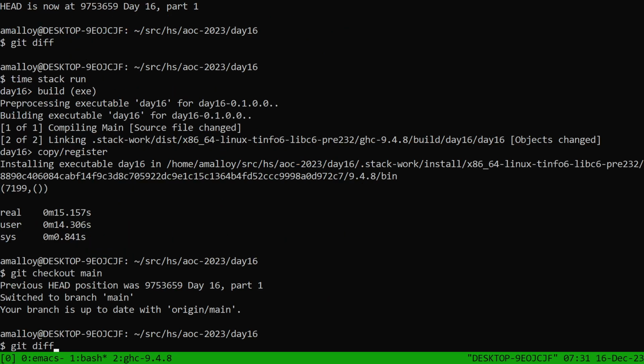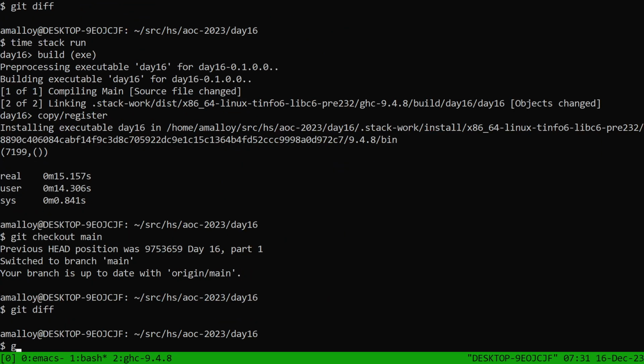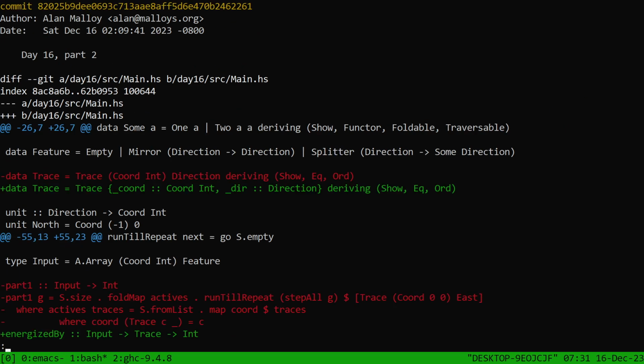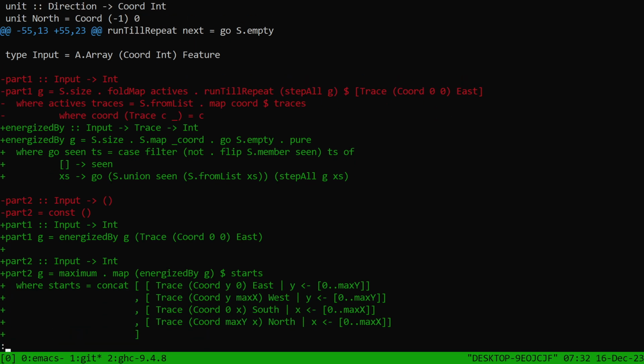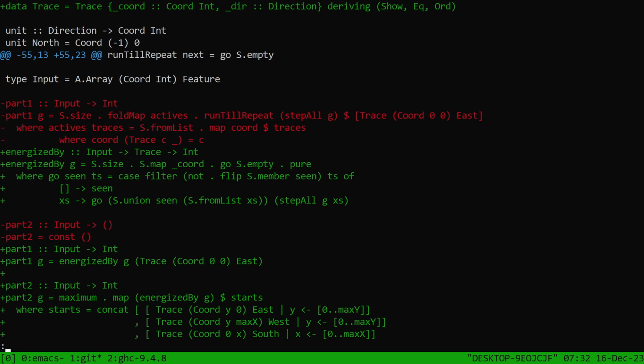actually, let's look at the git diff here. So here's my delta for part 2. I guess there's an easier git command to get that, but whatever. Basically, I said energized by is a function from input. Basically, part 1, I pulled out and put it into its own function that part 1 and part 2 can both use. But I improved it by tracking,